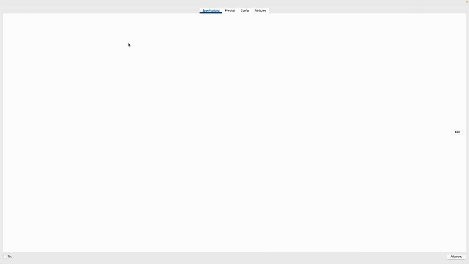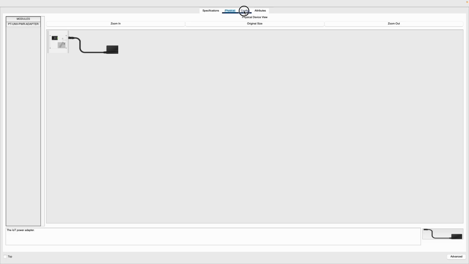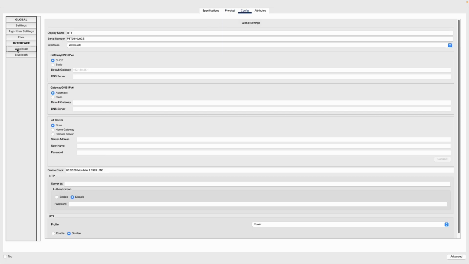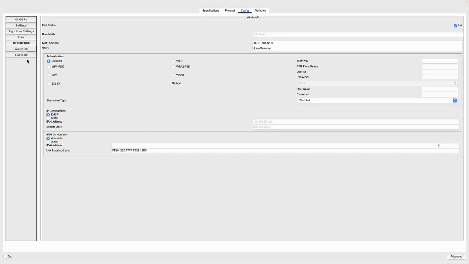And then we move to the smart devices. For the window, in the configuration, we also choose wireless. We have to choose the same kind of connection as the home gateway. For the SSID, because we want to connect it to the home gateway, we have to type the same name as we did in the home gateway,